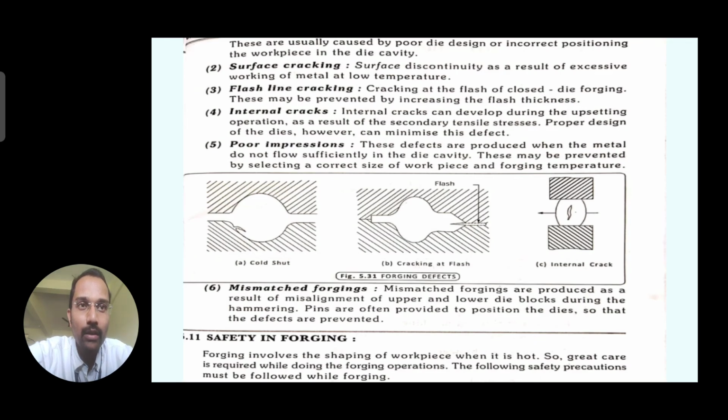Surface cracking, as I have discussed earlier. Why? Because when you are working at low temperature conditions, due to improper heating of the metal, when you go on striking with it, surface cracks will develop.